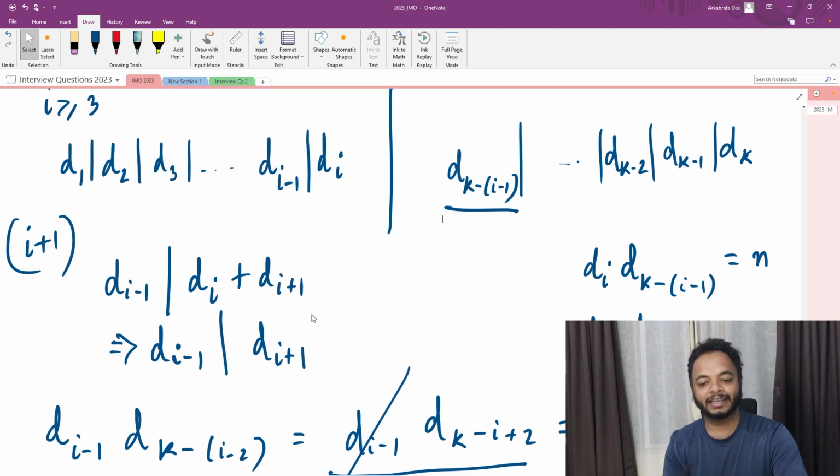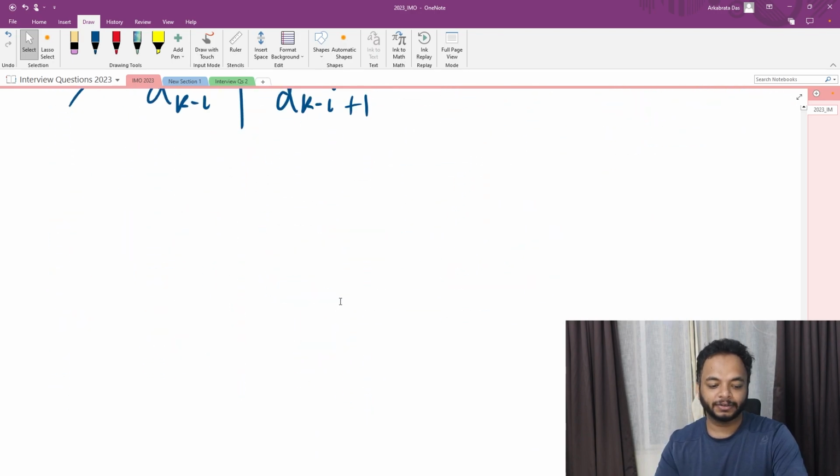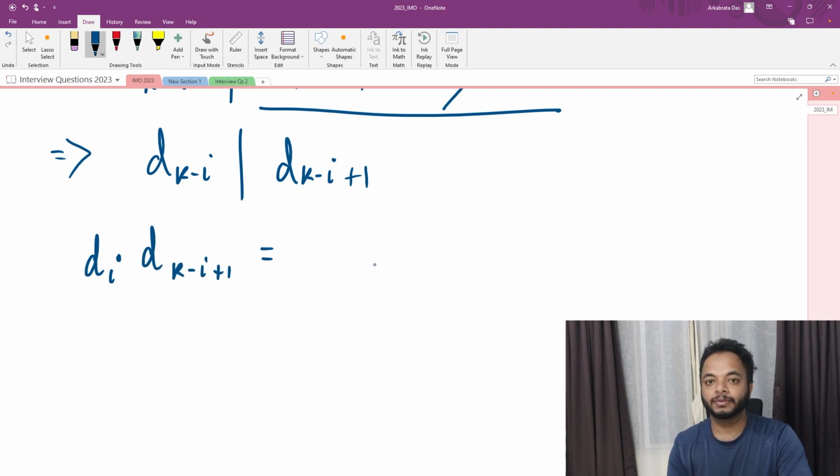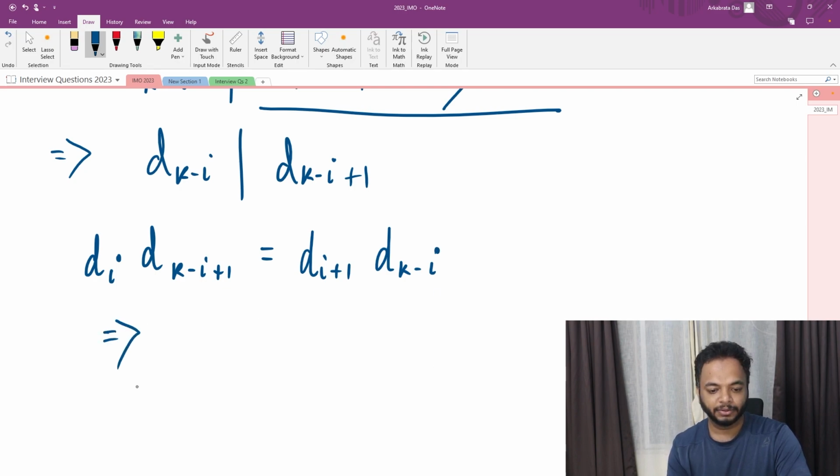Okay, this is nothing but d_{k-i+1}, so the previous one is d_{k-i}. So this side is shown, and we are only left to show that d_i divides d_{i+1}. For that, we use the fact that we are done till here. Again we will use that d_i times d_{k-i+1} is equal to n, and I am going to combine that with d_{i+1}, because I have to show that d_i divides d_{i+1}. So d_{i+1} combines with d_{k-i}, and now you see that